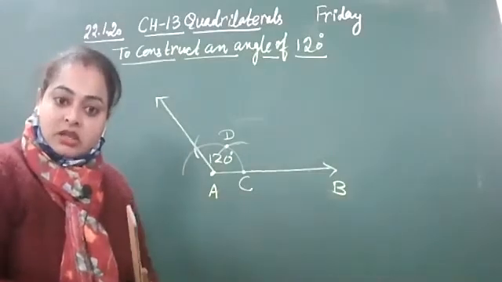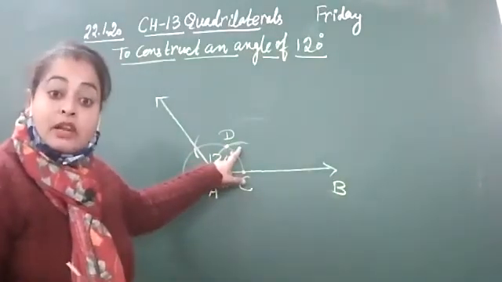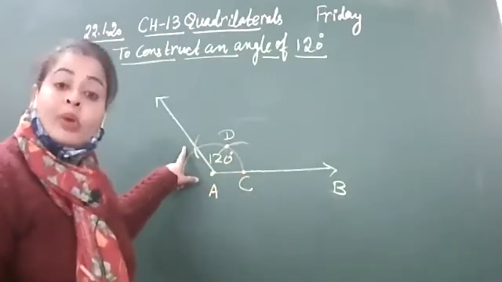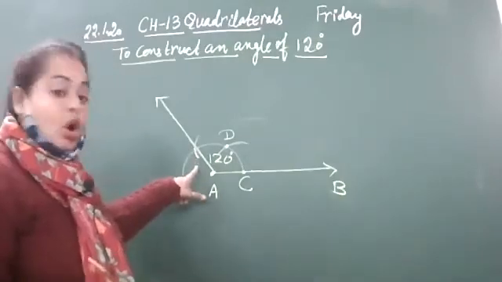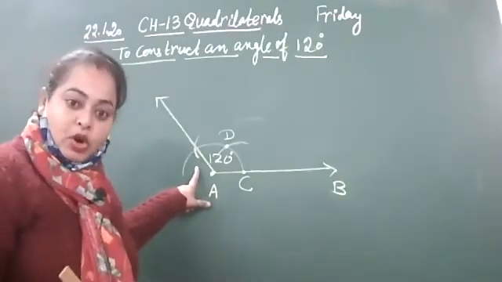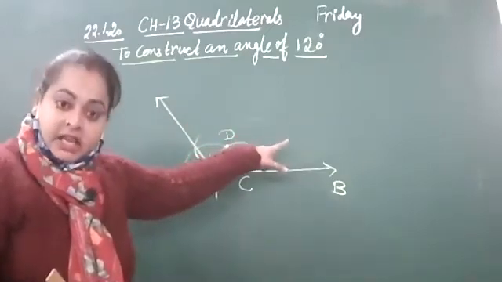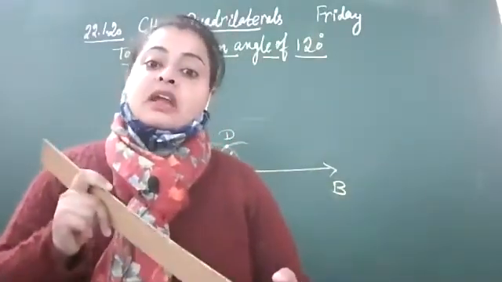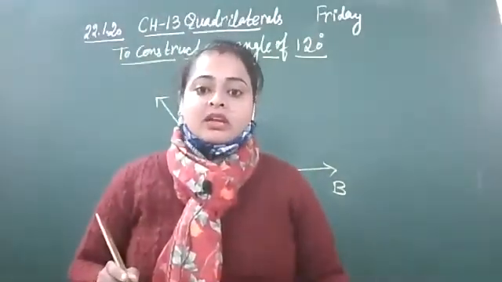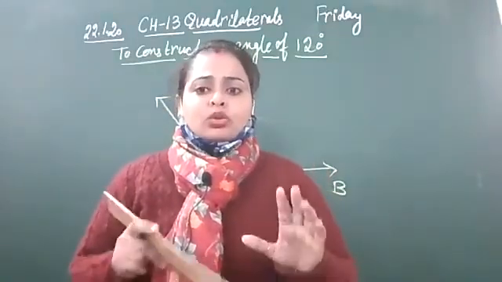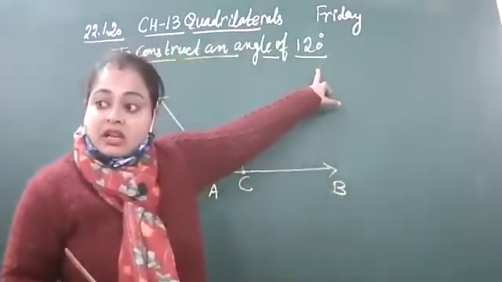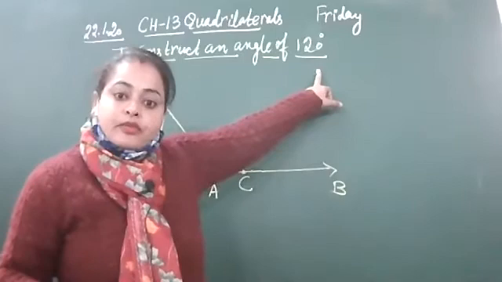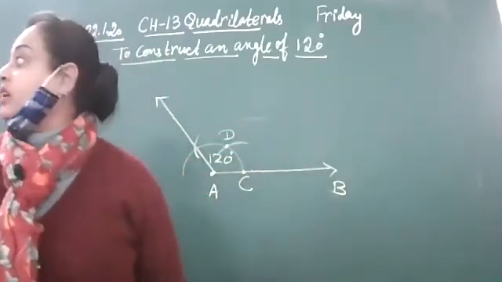First, you will construct 60 degrees. Then with the help of 60 degrees, we will get 120 degrees. Fine. So draw. After drawing, write down in the chat box. Then I will explain the 90-degree angle. And in 90 degrees, I will again repeat 60 degrees and 120 degrees. So don't worry. If you have any doubt, don't worry, because I will again repeat 60 degrees and 120 degrees. Fine. Now complete, and after that, write down in the chat box.